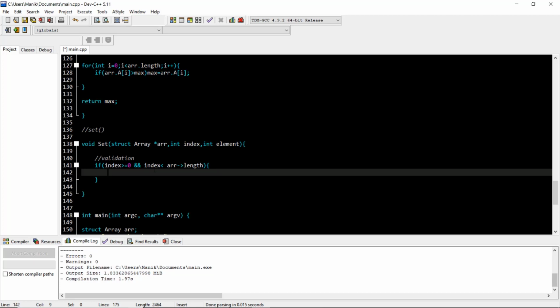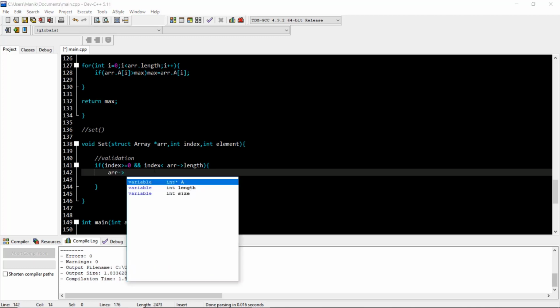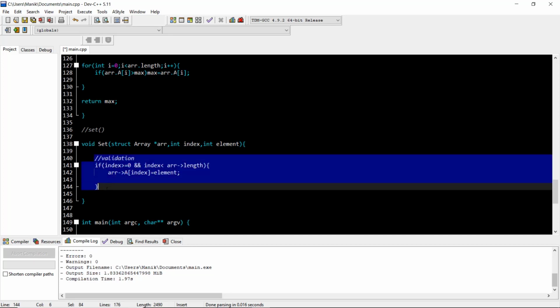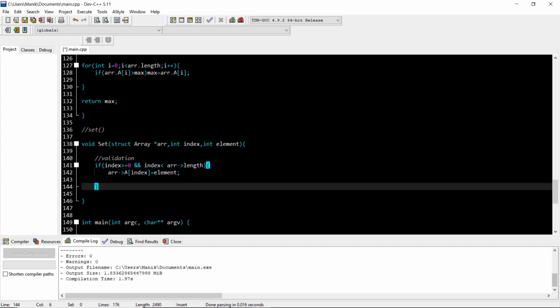Then we would perform the same operation: arr of A of index, we assign element to it. Okay, so this is the operation that we need to perform.